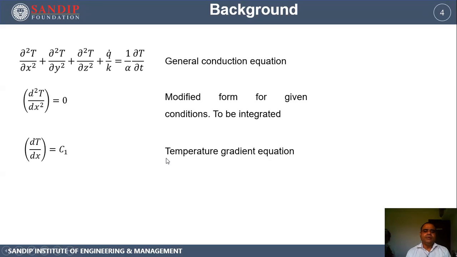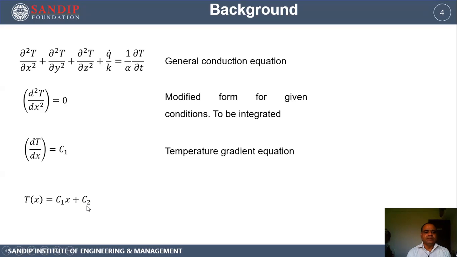Now again, if you integrate this equation, you will get another linear simplified equation for the temperature in the x direction. T of x is equal to C1x, the integration of C1, plus another constant of integration, C2. You can see that this particular equation is of a straight line,